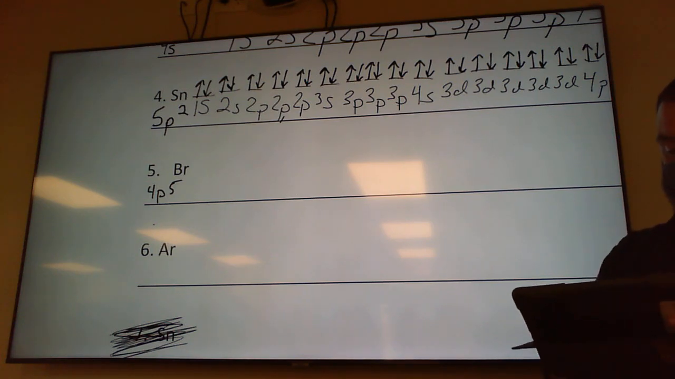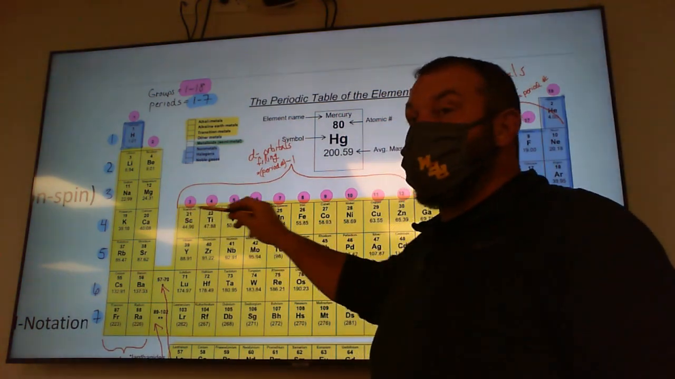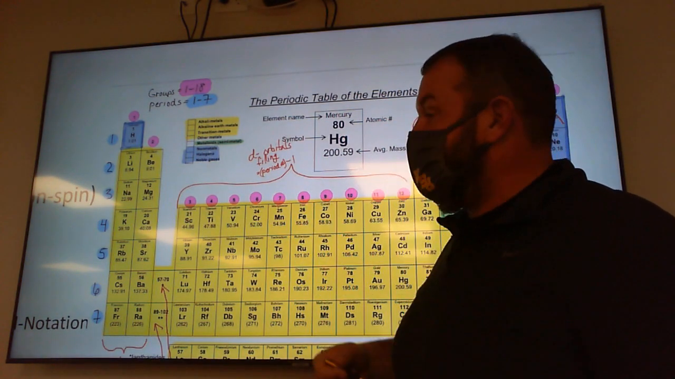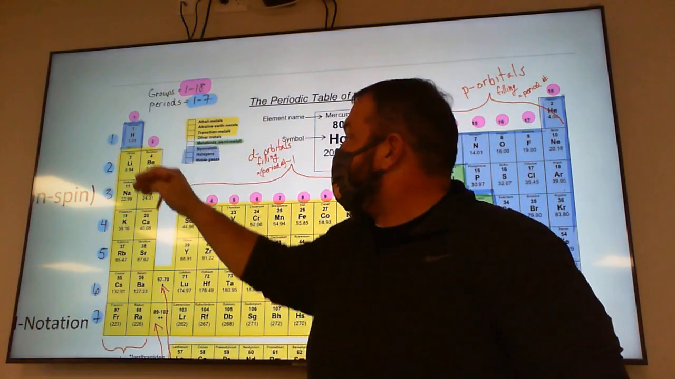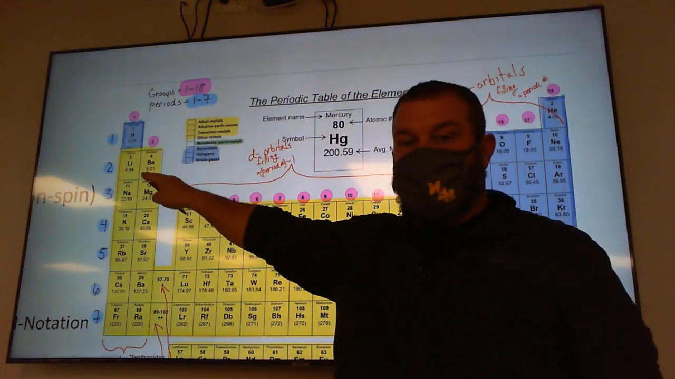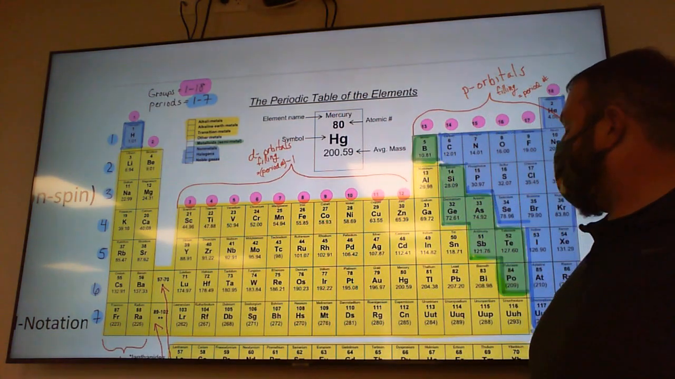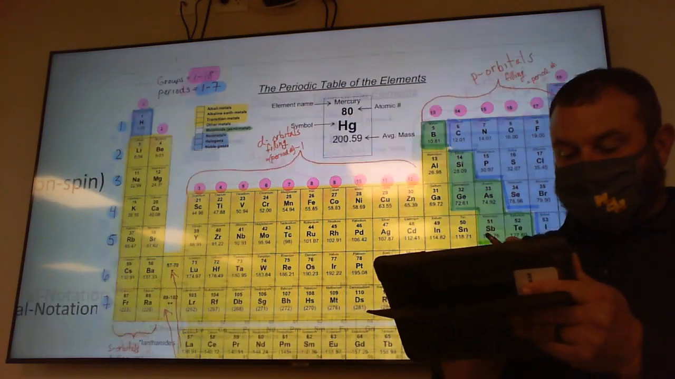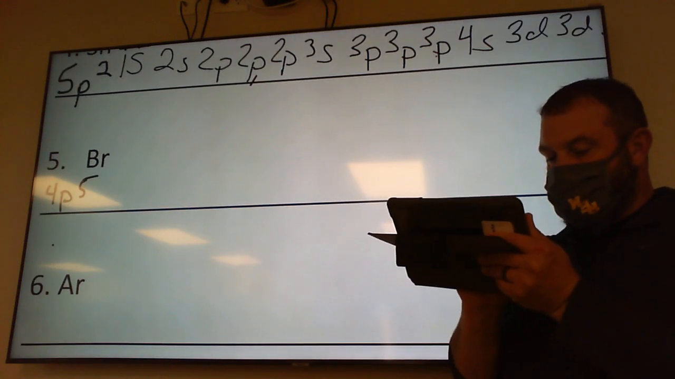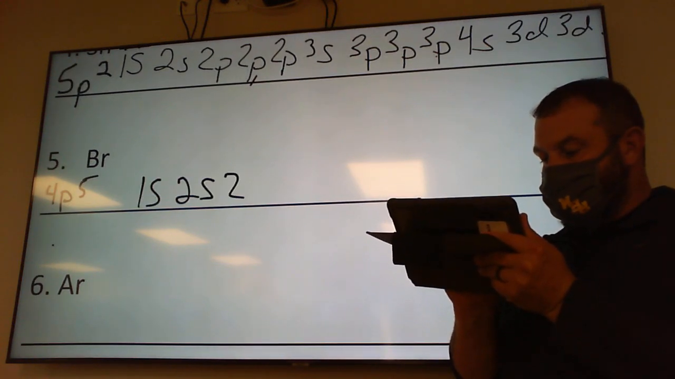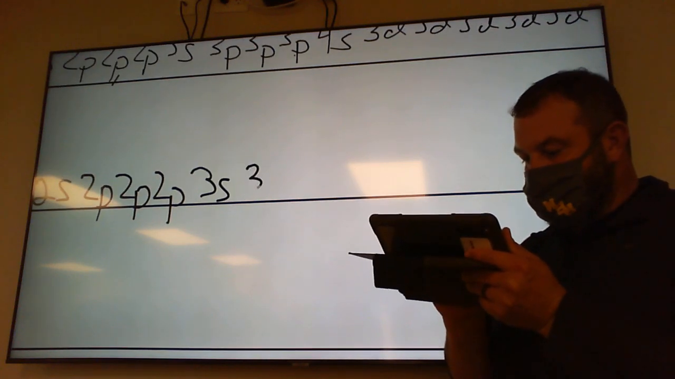Now, because bromine ends in 4p5, I know that everything that comes before that is filled. And I always start with 1s. And I go from 1s to 2s to 2p to 3s to 3p to 4s to 3d to 4p. And that's where I'm at. So again, I'm going to start with 1s, go to 2s, 2p, go to 3s, go to 3p,